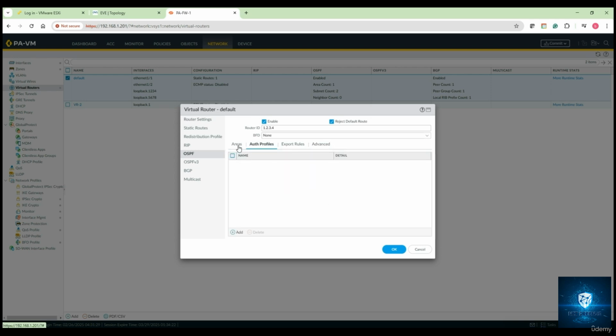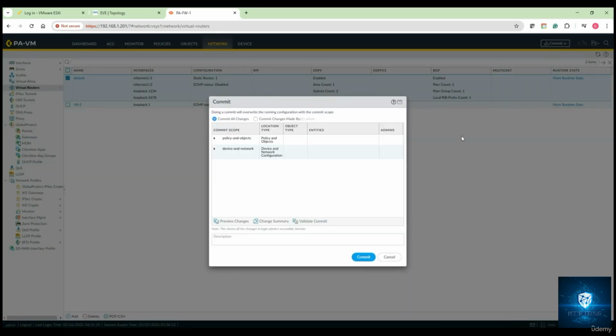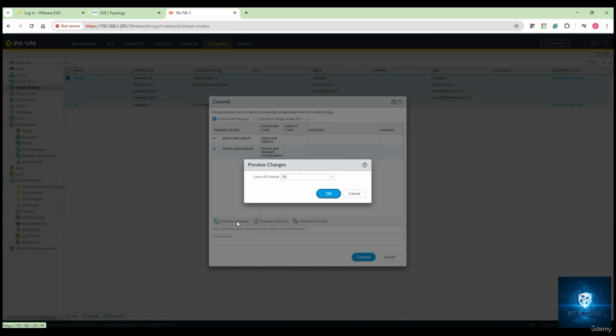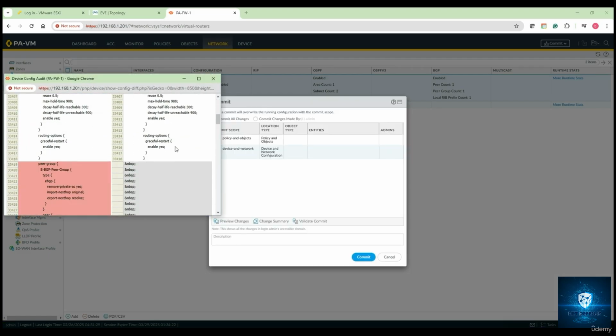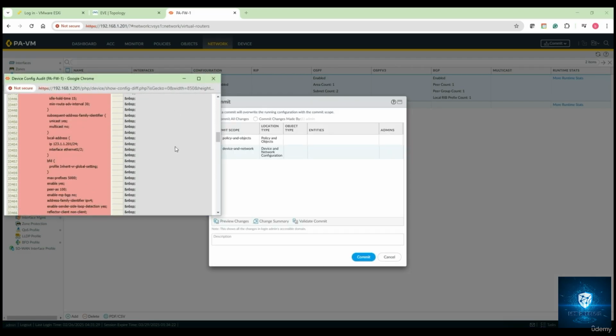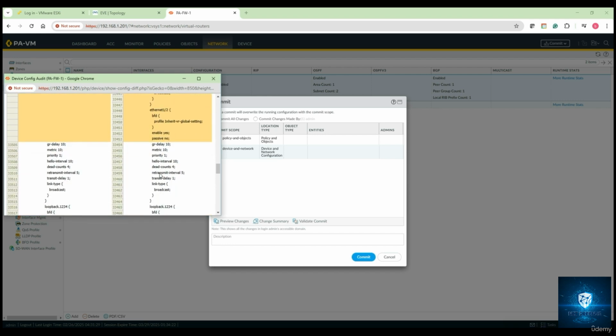So as of now, it's just running OSPF in area 0 with the respective interface-based networks. Let's go ahead and commit the respective changes. Commit all changes. If you click on preview changes, you can also see what changes will be applied to the running config. So you can notice here,